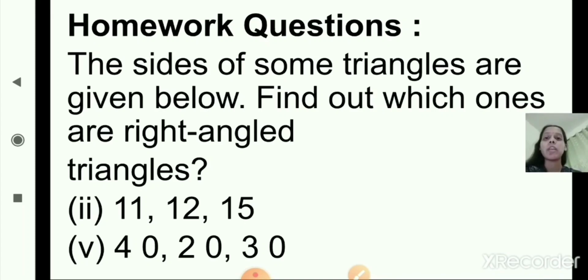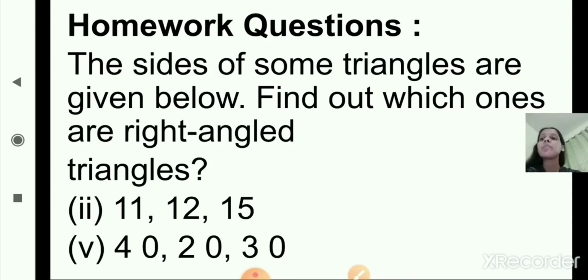First you will write down the squares of each number which are given in the question. Then you will find the first statement, that is longest side square. Then what is the second statement? The sum of the squares of the other two sides, or you can write side 1 square plus side 2 square, that is the second statement. Then from 1 and 2 you will identify whether they are forming a right angle triangle or a Pythagorean triplet or not.